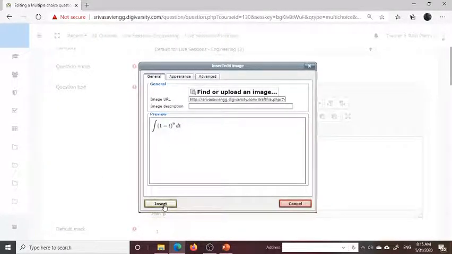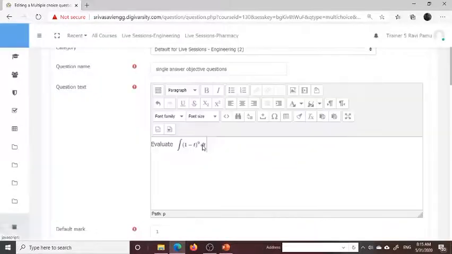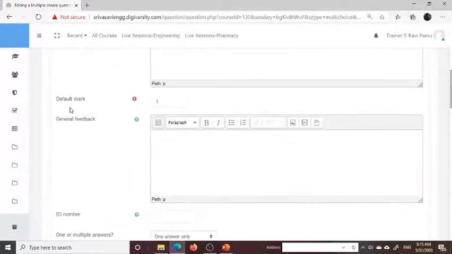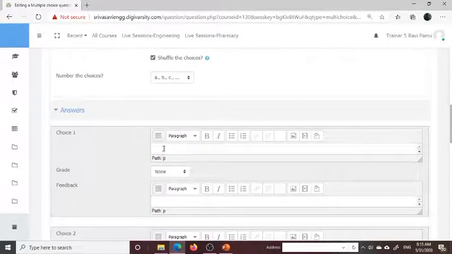Now we can insert. See, evaluate integral 1 minus t whole power 9 dt. Okay, what is the default mark, maybe 1. You can leave it. Now come to the choice.